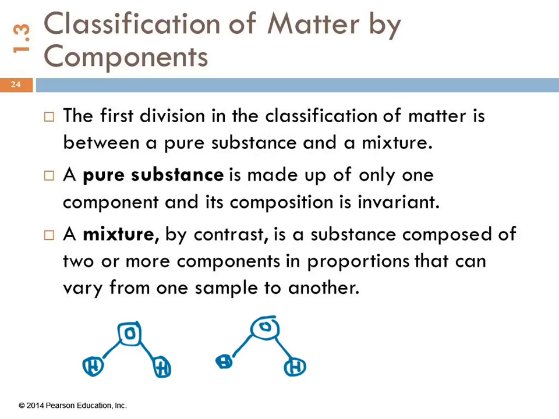They're all going to have 2 hydrogen atoms, 1 oxygen atom, all together. So every single particle looks exactly the same. If we have a mixture, we're going to have at least 2 different kinds of particles. Okay? So you can make a mixture of hydrogen and oxygen where you put hydrogen gas and oxygen gas together. It's kind of dangerous because it explodes really, really well. But you can do that.